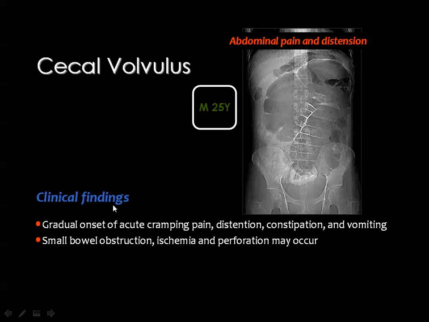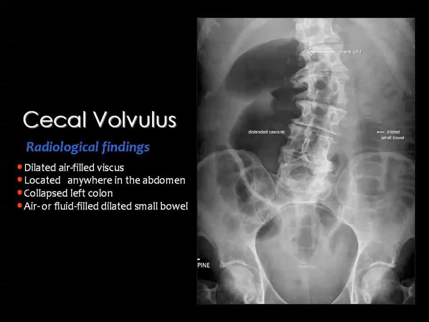The clinical findings include gradual onset of acute cramping pain, distension, constipation, and vomiting. Then small bowel obstruction, ischemia, and perforation may occur as seen in sigmoid volvulus. This is the radiographic appearance with the hugely distended cecum with air, and this is located anywhere in the abdomen, but commonly on the right side, and the air fluid level may be seen in the small bowel secondary to